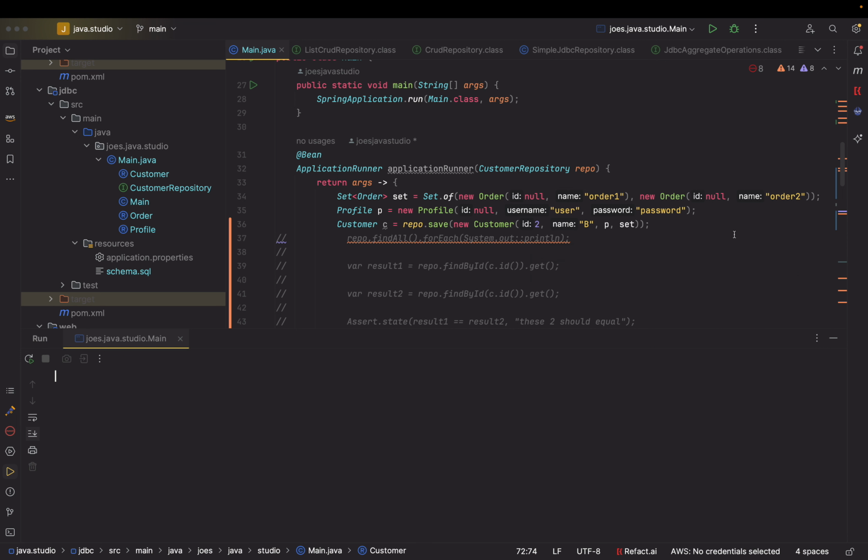Today we'll be going over how to implement custom ID generation with JDBC and JPA and how that affects the performance of the repositories. So here we have an old JDBC application from